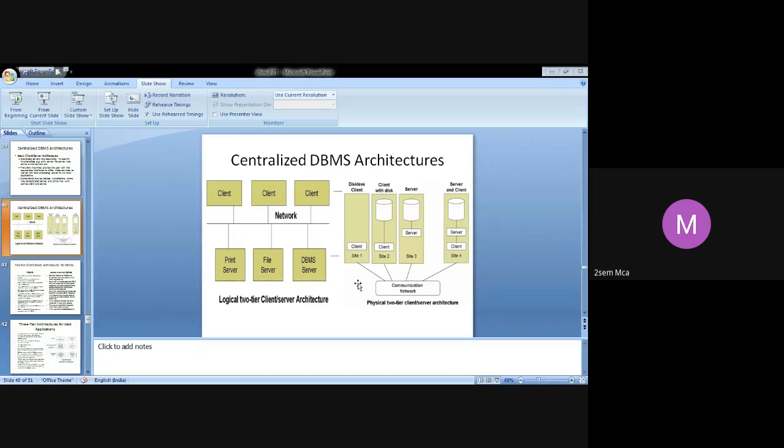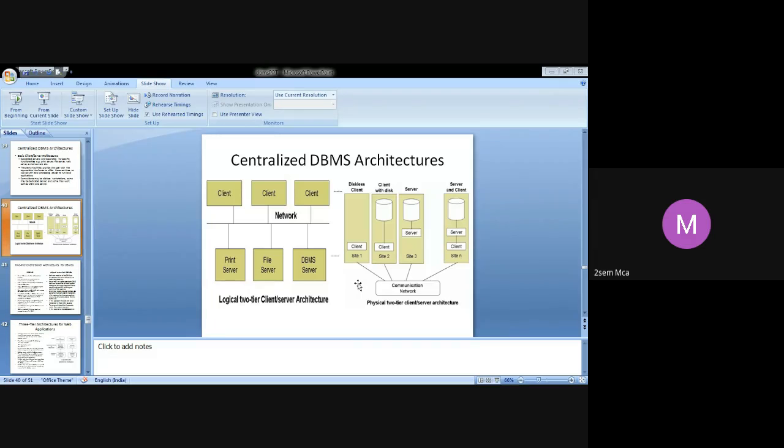Okay, the client machines provide the user with appropriate interfaces to utilize these servers, as well as the local processing power to run the local application. To these clients, you had users connected. So users used to connect to the client and make the request. The request was passed on to the corresponding server depending on what request they wanted, and then the result used to go back to the client, and from the client back to the user. So this was a logical two-tier client-server architecture, or a basic client-server architecture.